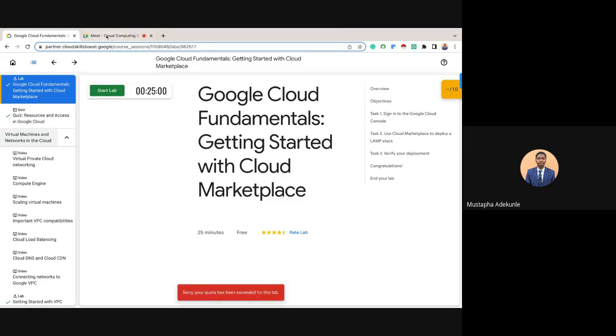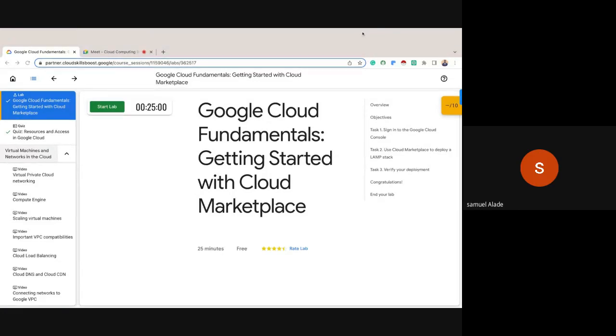Hope you all can see my screen because I'm sharing my screen. Yeah, we can see it here. Yes, we can see your screen. Okay, okay. So I see something now, that my quota has been